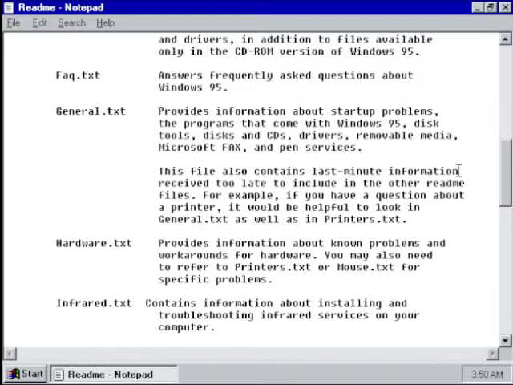Quite interesting, that is. This file also contains last-minute information received too late to include in other readme files. For example, if you have a question about a printer, which, to be honest, I'm always using printers because I print out cool letters to send to my friends, it would be helpful to look in general.txt as well as in printers.txt. Now I get on to the